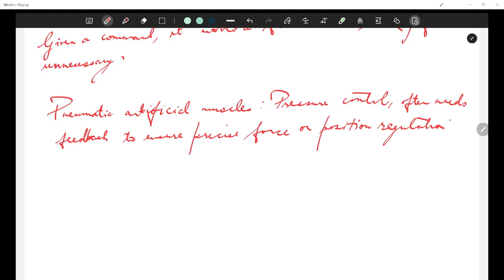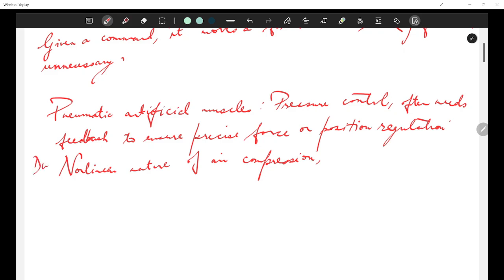If you say that we can go with open loop also, where we are giving some input and getting some output, and there is no feedback for error correction, that is not reliable in this case because of the non-linear nature of air compression.